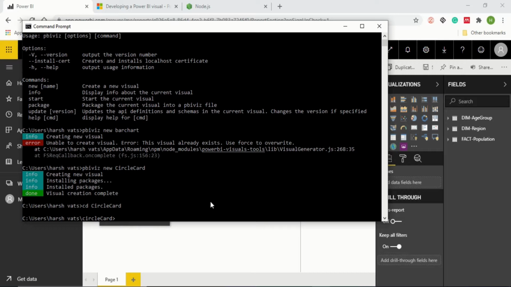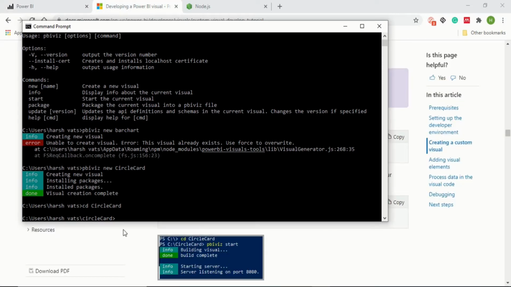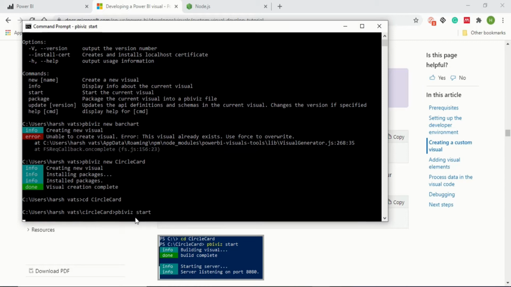After writing cd circle card, you are now in circle card. After that, just start the circle card by typing pbiviz start, then click on enter.